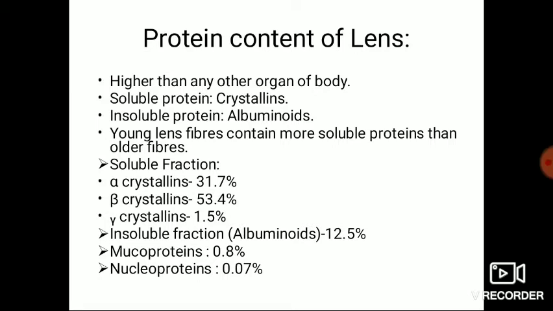There are soluble proteins and insoluble proteins, out of which the soluble proteins are the crystallins and the insoluble proteins are albuminoids. The young lens fibers contain more soluble protein than the older fibers. Let us see the percentage distribution of soluble proteins: alpha crystallins is 31.7%, beta crystallins is 53.4% and gamma crystallins are 1.5%. Insoluble fraction of the albuminoids is 12.5%, and the other proteins are the mucoproteins, which are about 0.8%, and nucleoproteins, which are about